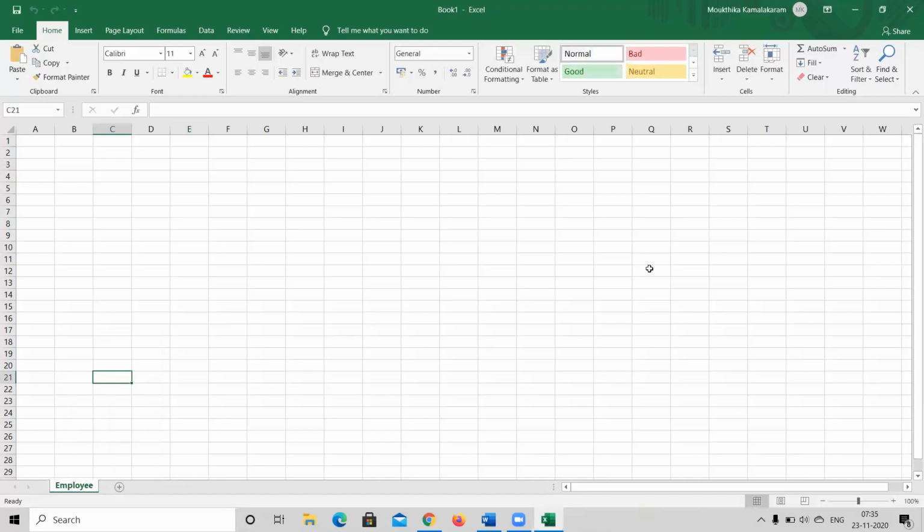If we assume the complete Excel sheet as a database, we can have different sheets here. If we assume this one single sheet as a table,